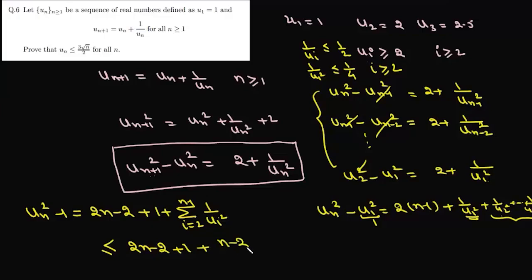So it will be n minus 2 by 4. So we'll take this 1 on the right hand side, so this 1, 1 and 2 will cancel. So we can write